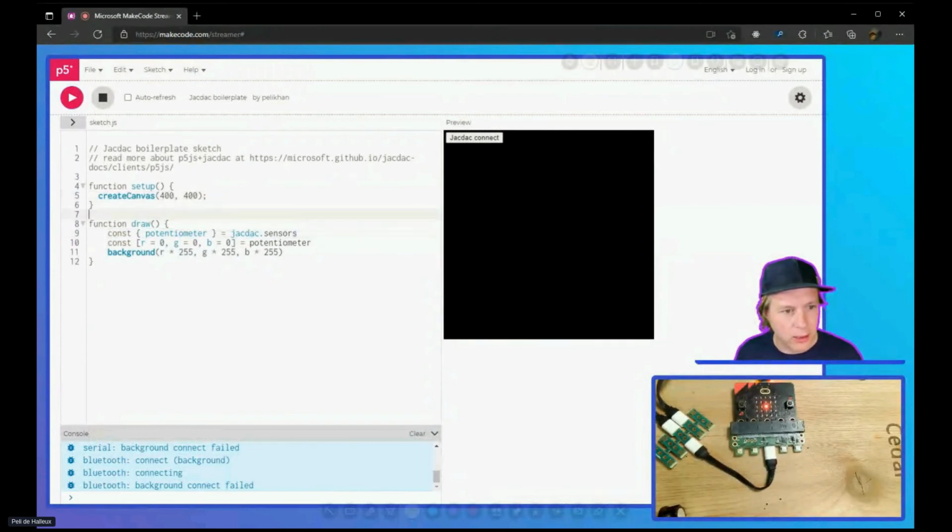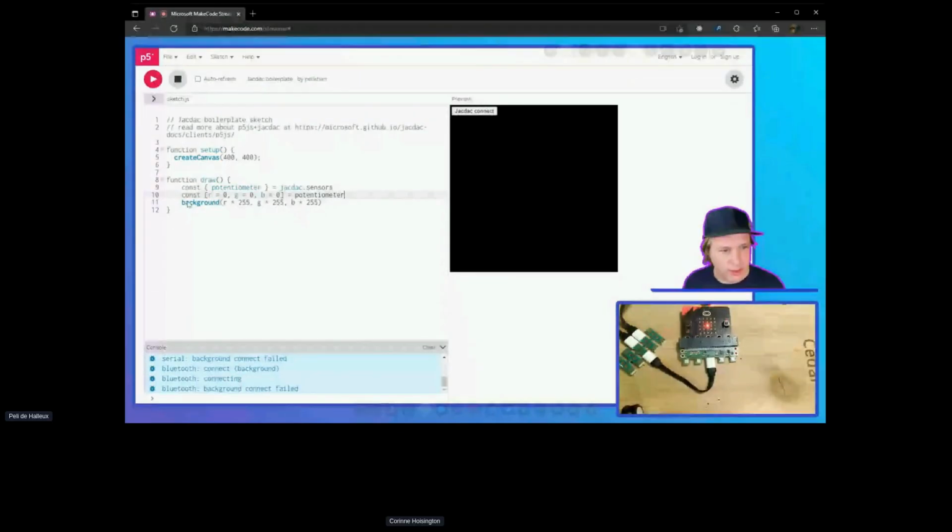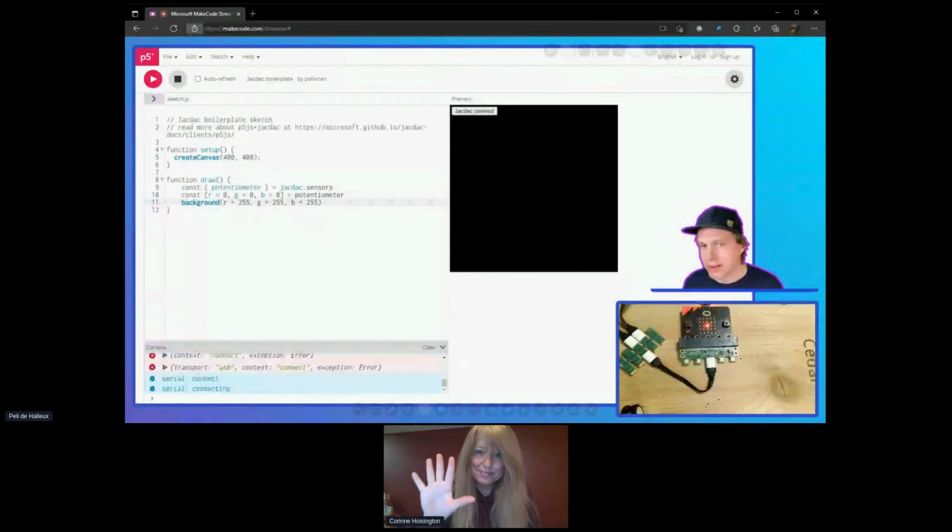This runs in a loop. Draw runs in a loop. We're exporting RGB as numbers from 3 potentiometers, and then we're setting the background of the screen. And 5 minutes left. All right. I'm going to go and